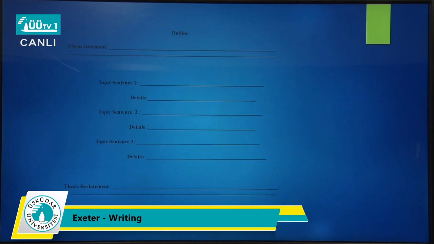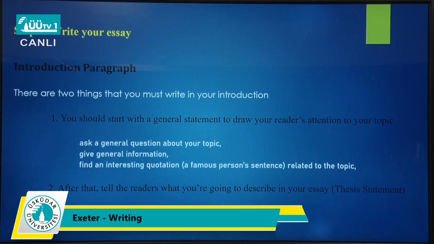Let's have an example. Of course, this is the outline. You can see here, first of all, in an outline we have a thesis statement. Then we will have 3 topic sentences, and then details, and finally we have a thesis restatement. We will go through them one by one, of course. So after outlining, we can start